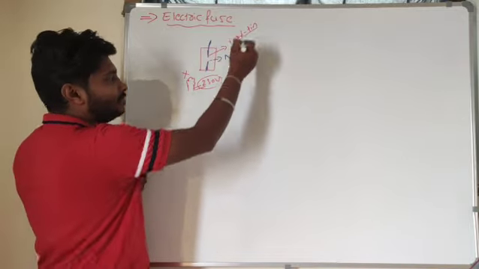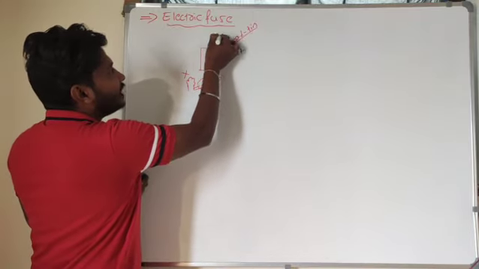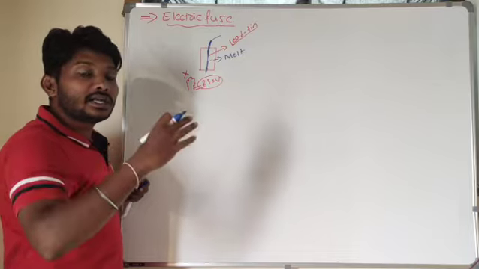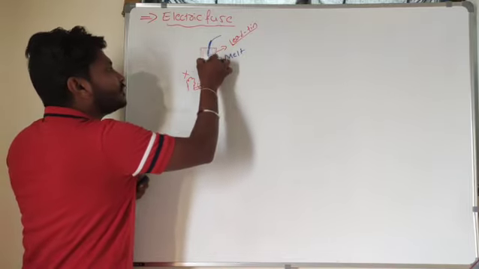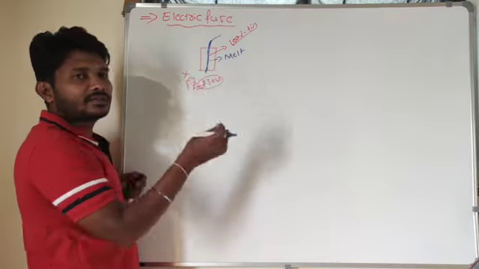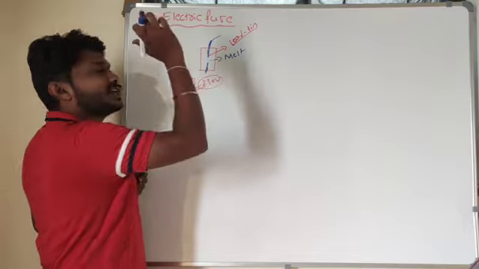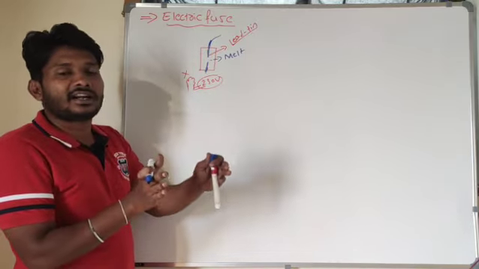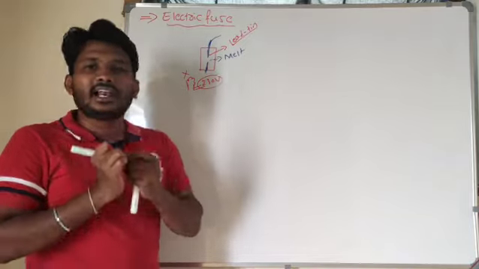For example, from the main source we are getting current to the home, right? That current passes through the electric fuse. If the voltage is more than the desired voltage, then what happens? This fuse will melt. If the fuse melts, it will break down the current supply. So the electronic devices will be safe. These electronic devices will not get damaged. That is the purpose of using an electric fuse.